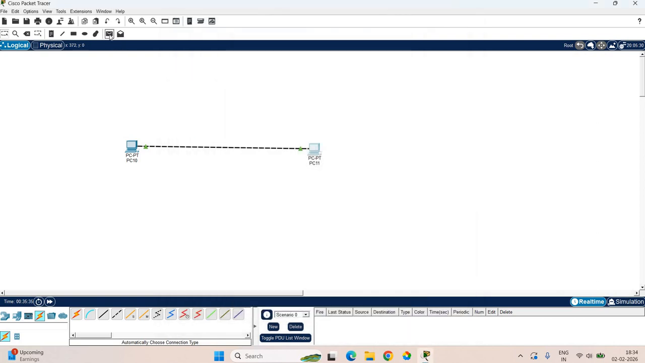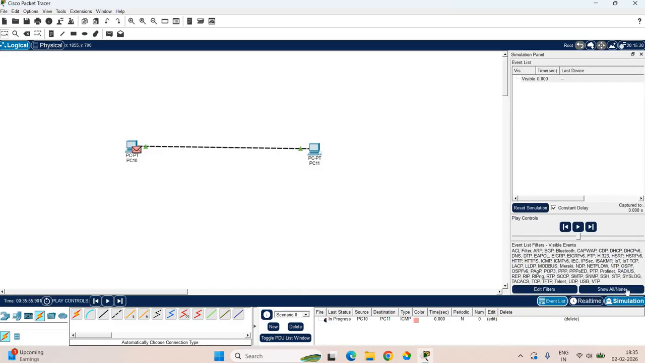Now with the help of this particular PDU, that is the protocol data unit packet, we can click on the PDU, click on this one and click on both the PCs. Now you can see that on the lower right corner we have the simulation option available. Click on the simulation, and one scenario is already in progress. Now click on this particular point. Now you can see that the packet is moving from system 1 to the second system and from the second system to the first